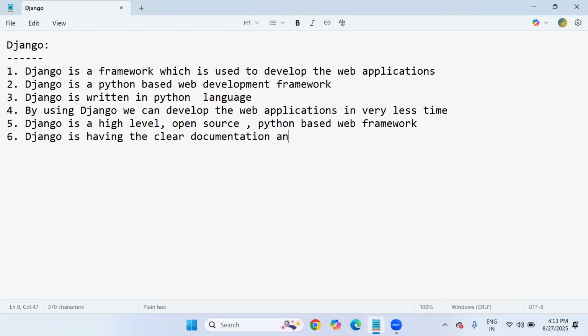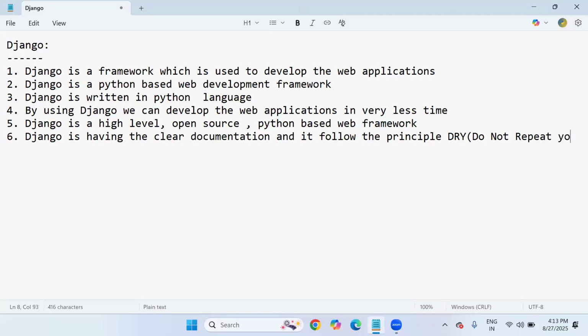And it follows a principle. As programmers, the principle we follow in Django development is DRY, which means do not repeat yourself.